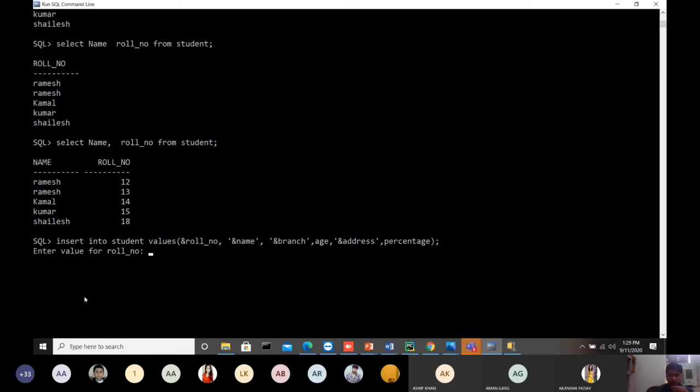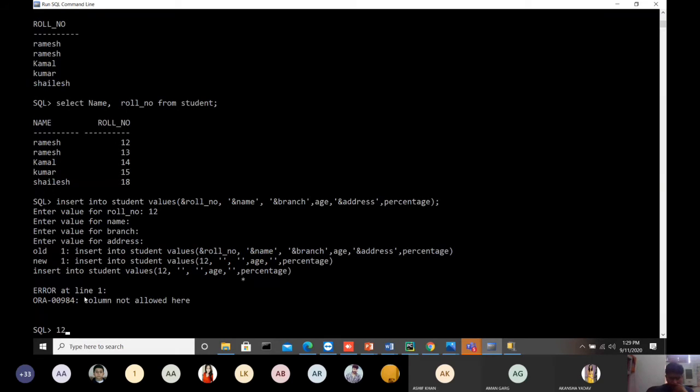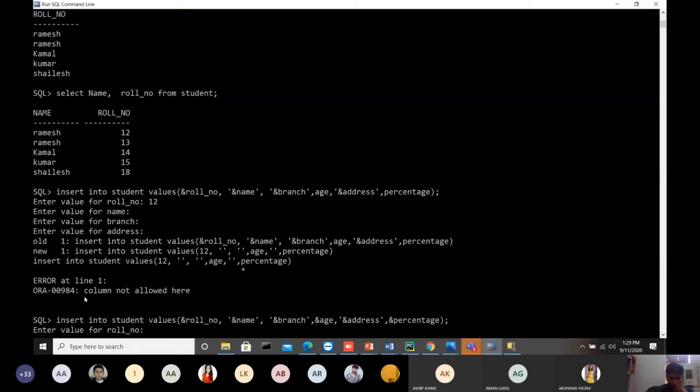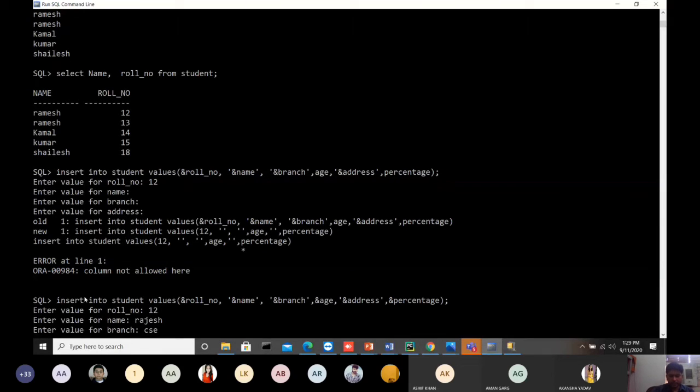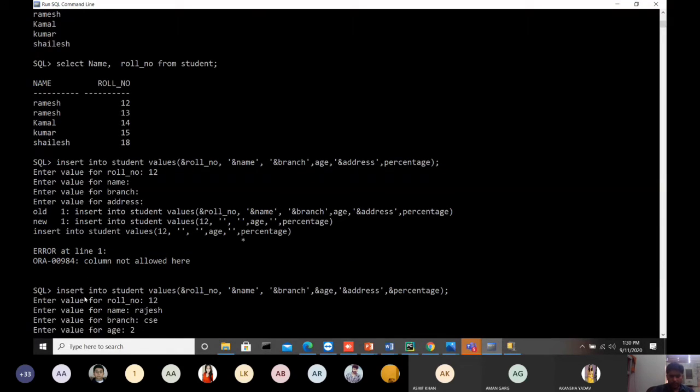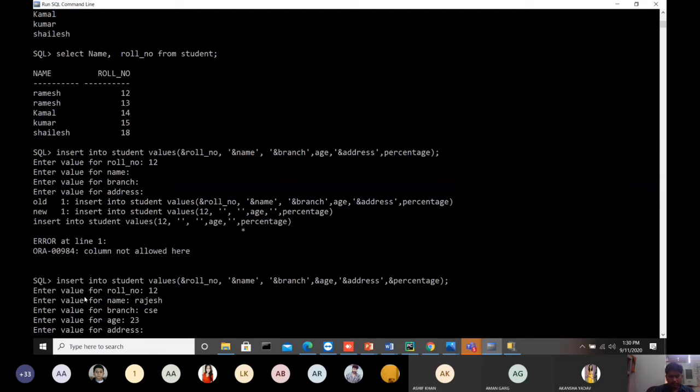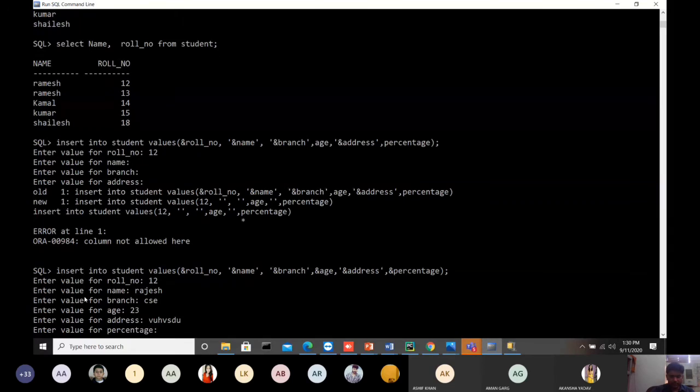Roll number is 12, name is Rajesh, branch is CSE, age is 23, address, suppose anything, and percentage 57.5.